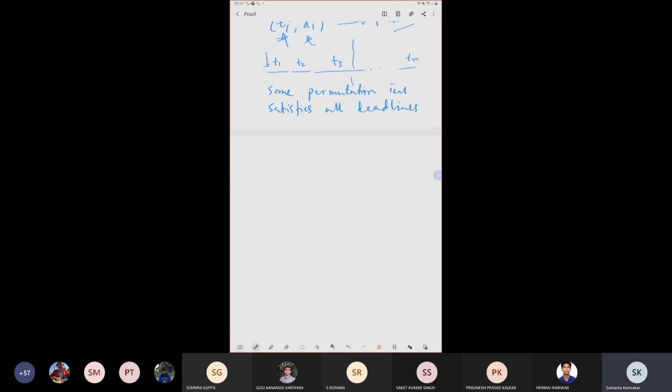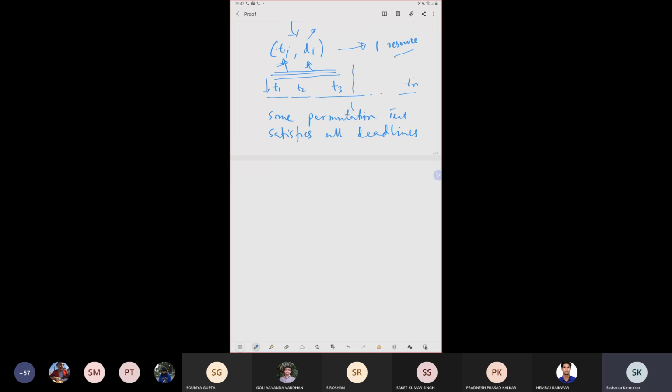first of all, I cannot satisfy everybody's deadline, because then I have to pack all the n jobs in this region. I cannot do that because I have only one machine. So I have to extend the boundary of this. I cannot satisfy the deadlines of many. As a result, somebody is bound to miss the deadline. If somebody is bound to miss the deadline, what is the way I can finish?